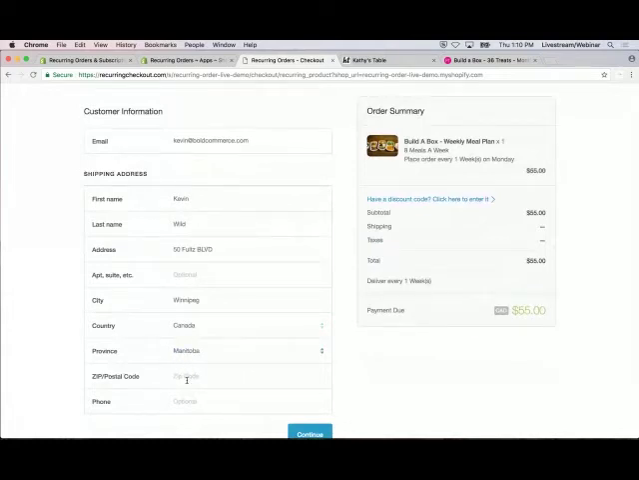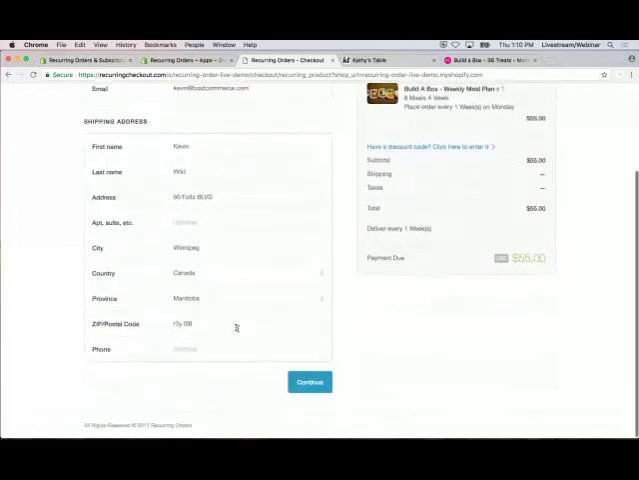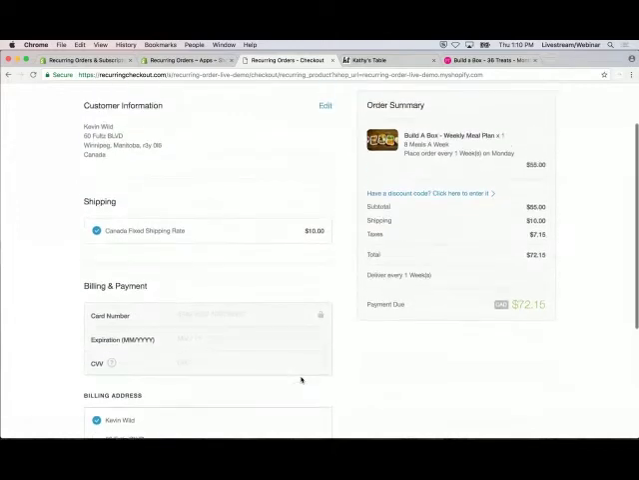Let's wait for it to load. Select Manitoba, R3Y. There we go. All right, so now we got our address entered. Let's hit continue. Now I'm taking you through this process of the checkout because I want to show you how